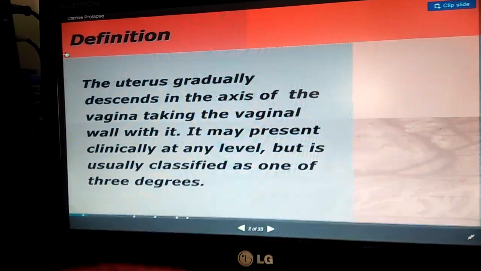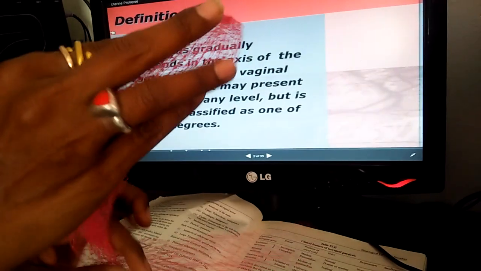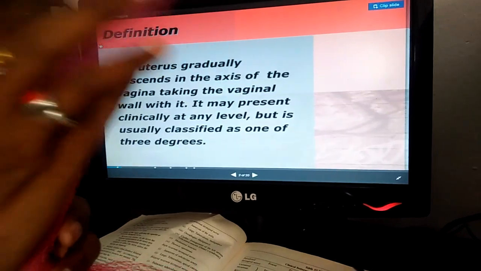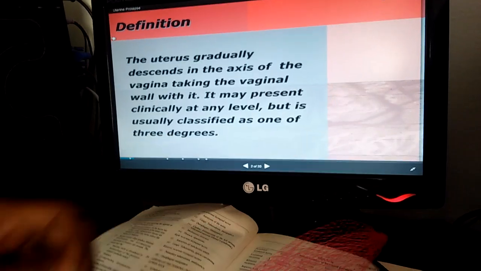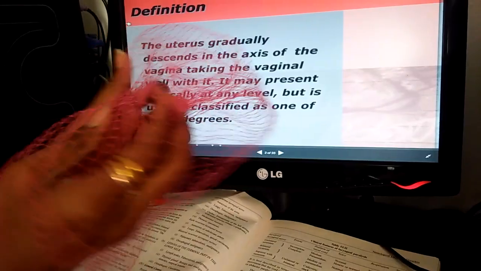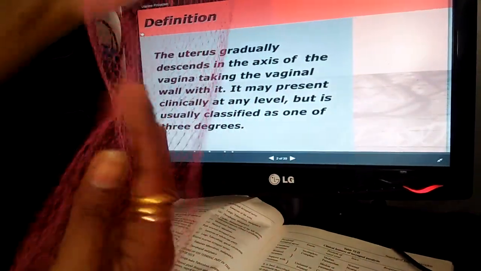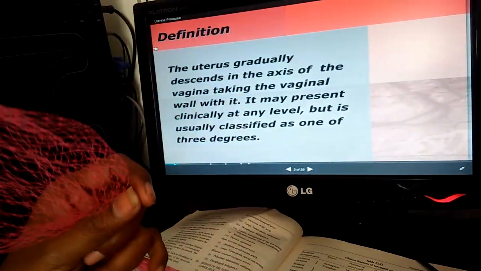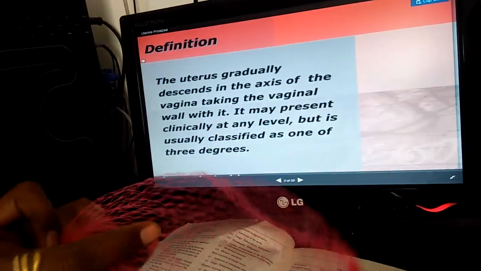See this diagram. What we see is the normal position of the uterus. It is anteverted and anteflexed. There are three abnormalities. If it goes back, it is called retroversion of uterus. If it goes inside of itself, in this way, it is called inversion of uterus. Now there is one other variety. If it descends downward, then it is called a uterine prolapse. So that is the topic we are going to cover.